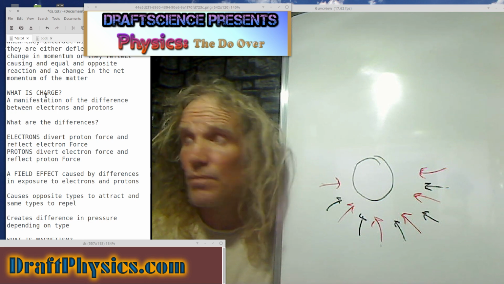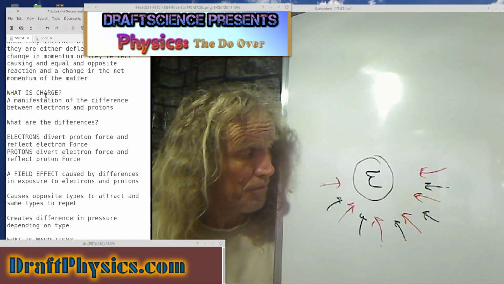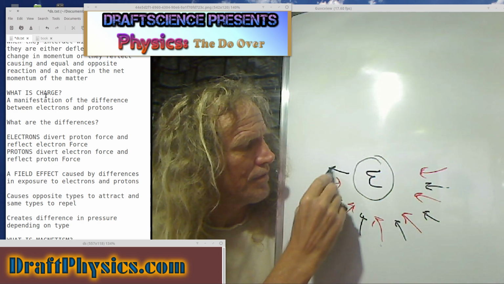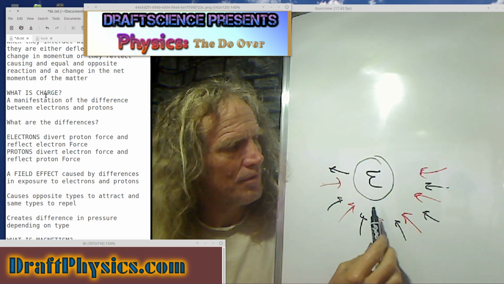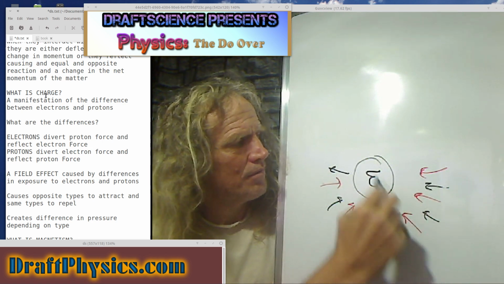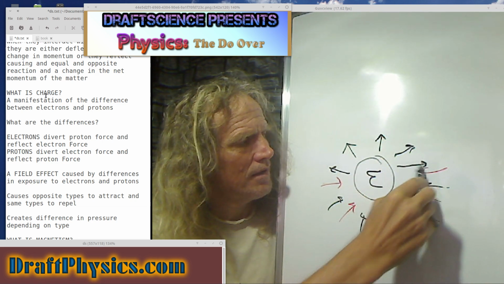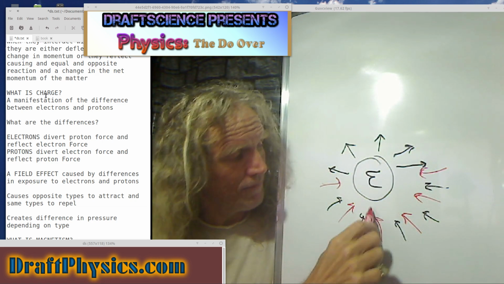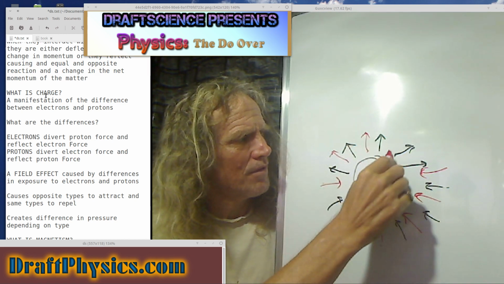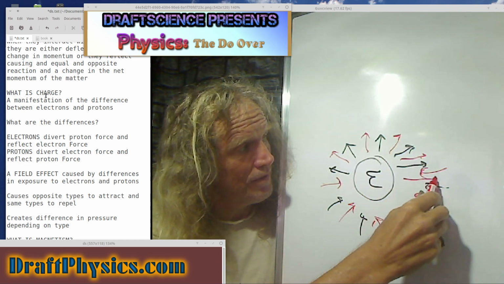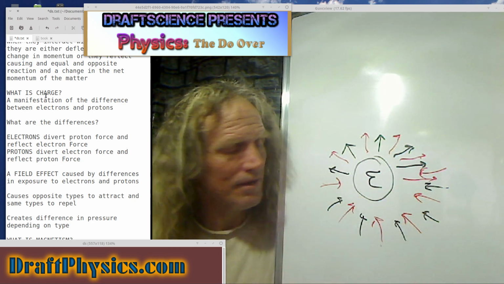And what happens is if this is an electron, we'll make it an electron. We just pointed out that the black stuff is going to reflect, so we know that all these black things, let's just pretend this is the reflection side. So this is the side where we're showing what goes in. This is the side where we'll show what comes out. So we know that all the black stuff's going to reflect, right? And the red stuff is going to get diverted. So it's going to look like a reflection. So when it's all sort of by itself, you could sit there and say, well, that's the same. What went in is what comes out, a mixture of black and red.